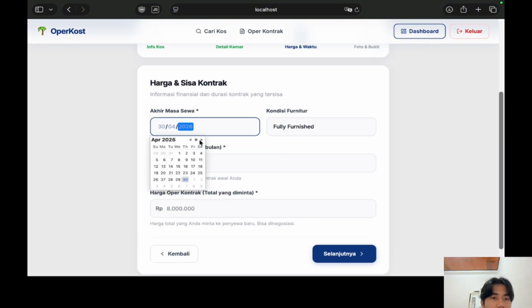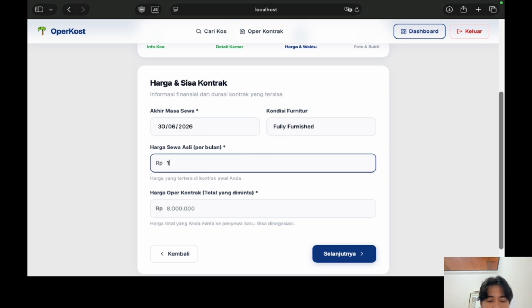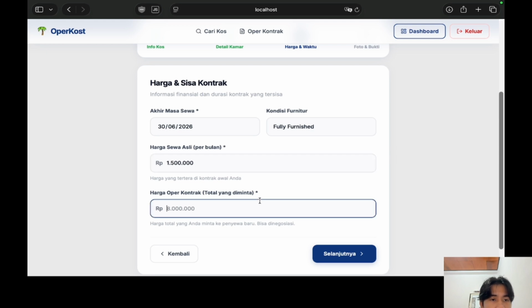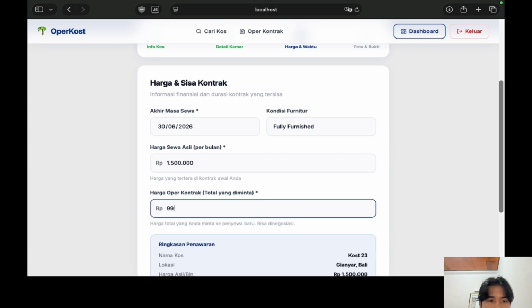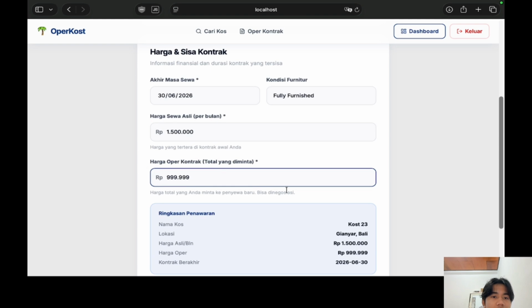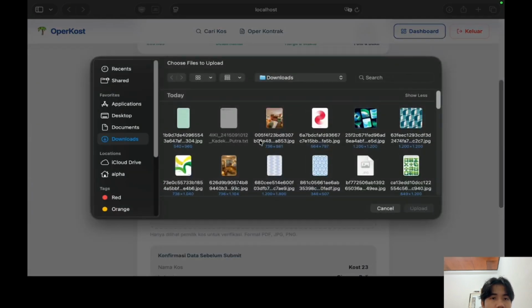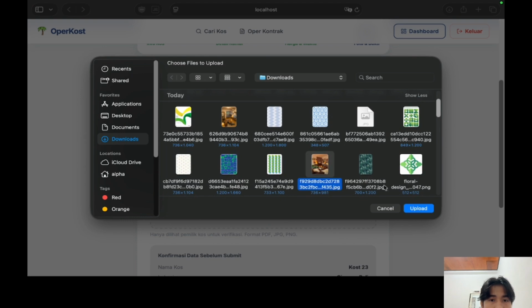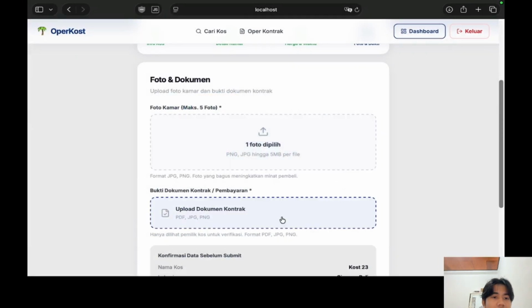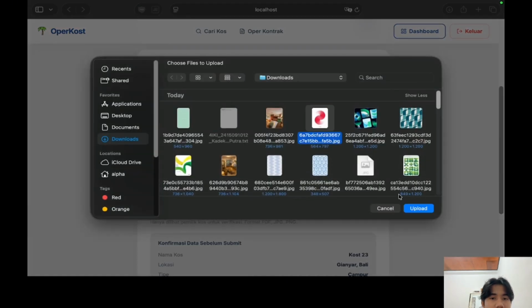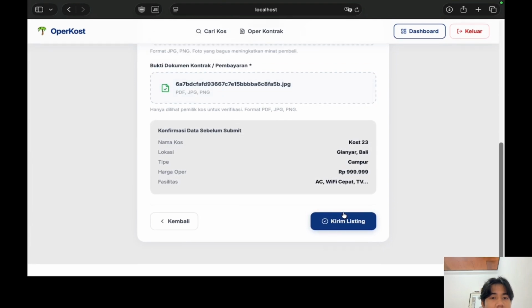Next, the due date, maybe 2 months. Then the price, maybe this, and offer. Next, you can upload a photo of the cost, maybe this, and then the contract, maybe a random file. Okay, and we can send.